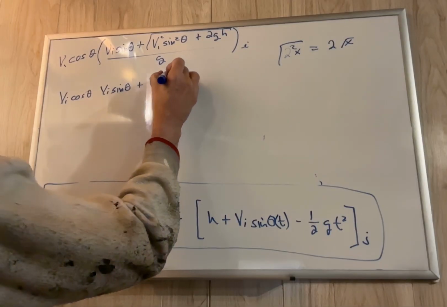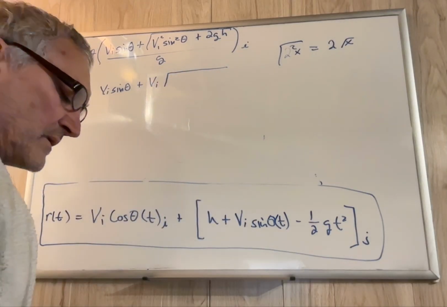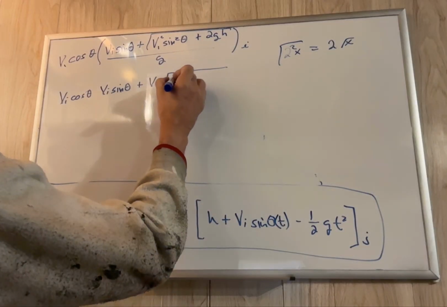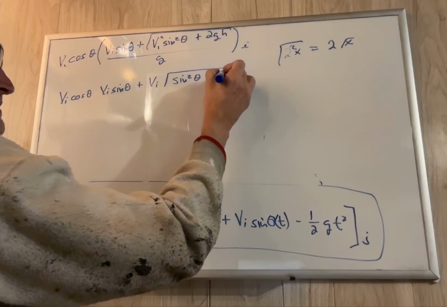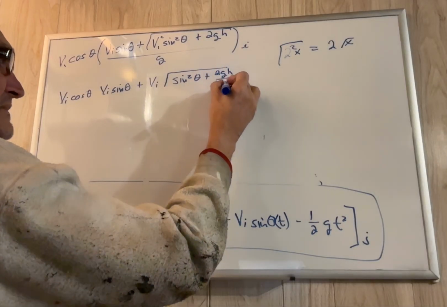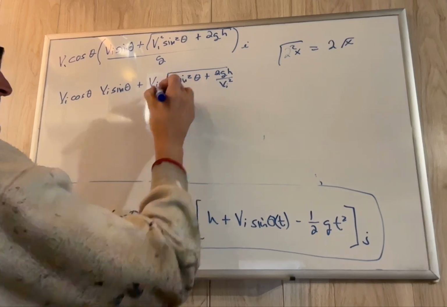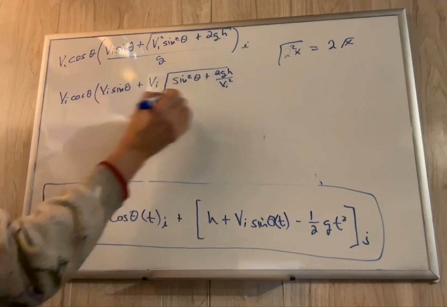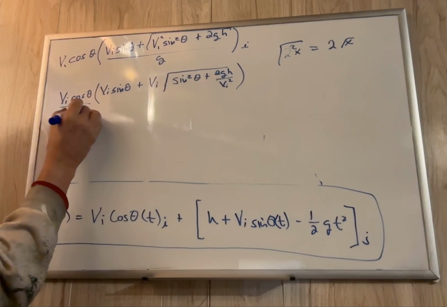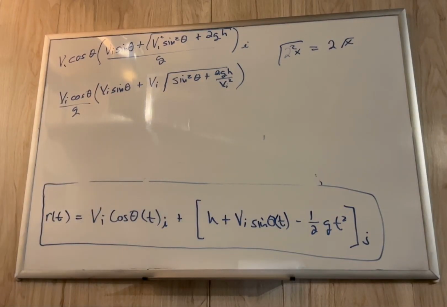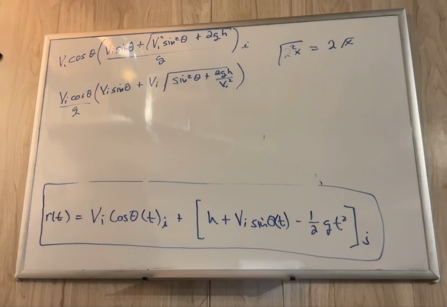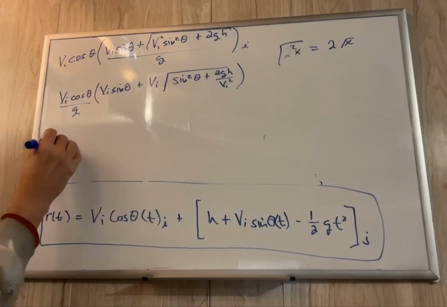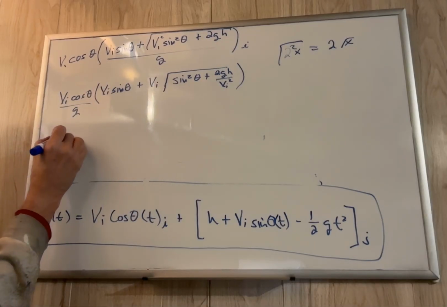So now when you pull that out, you have to be careful. So you're going to get sine squared theta plus 2 times g times h divided by velocity initial squared. And we're just going to put this as times, and we're going to put a g over here just to get rid of it. It's kind of in the way. And we can do one more thing. We can pull out a velocity initial here, can't we? Sure we can. If we pull out a velocity initial here, that makes that squared. So our range, how far down